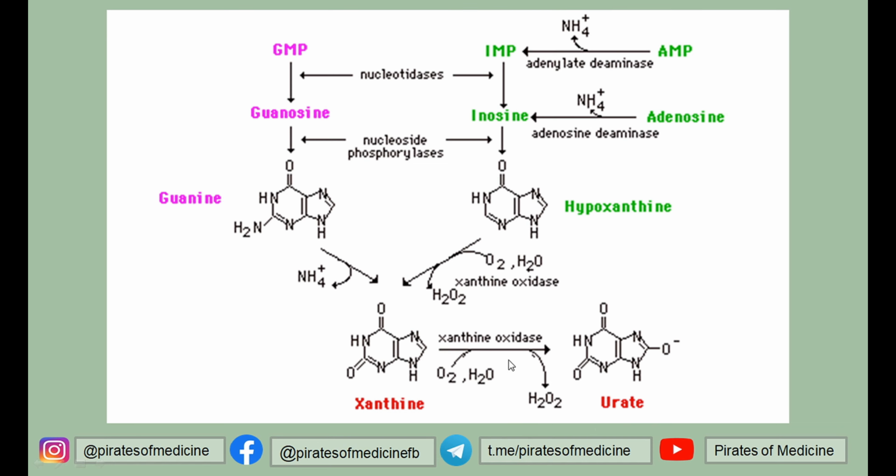So in the brain, ammonia is taken up by glutamic acid or glutamate, as we call it, by the enzyme glutamine synthetase. They are converted into glutamine and water is given out. Now this glutamine travels to the liver via the blood and undergoes the process of deamination with the help of enzyme glutaminase. So in this case, ammonia is removed and it goes into the urea cycle or the ornithine cycle. So glutamate is responsible for taking up ammonia from the cerebral tissue. That is why the answer over here is glutamic acid.